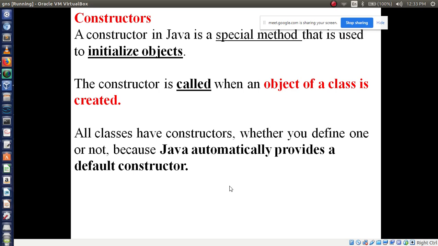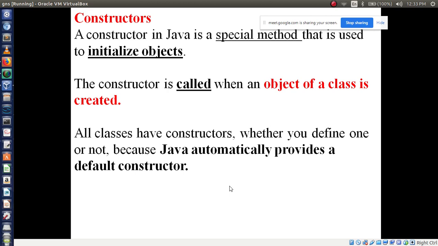The next concept is the constructor. It is very important, and you have lab programs on this concept, so please try to understand it. Constructor in Java is a special method. Why is it called a special method?